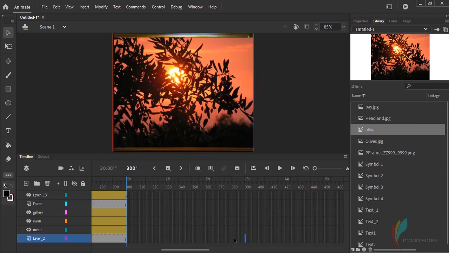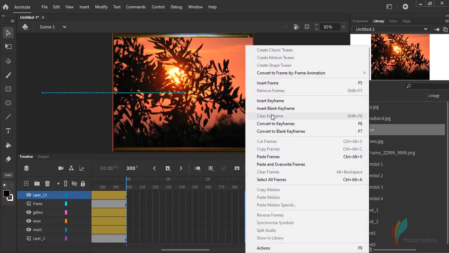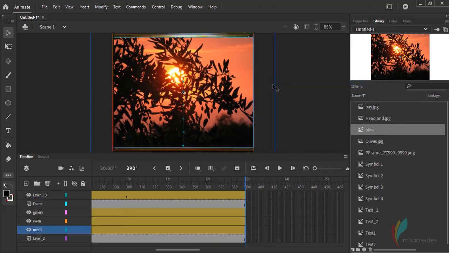Now another 3 seconds, we're going to repeat the process for the next image. So on the 13 mark, hold shift, insert frame, just frame, so it holds the olive image at where it is, and create a new layer on top of this one. So let me rename this to olive layer,